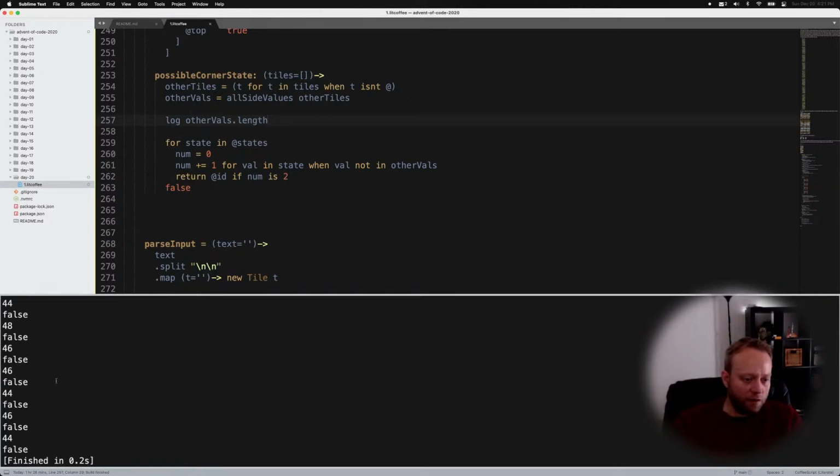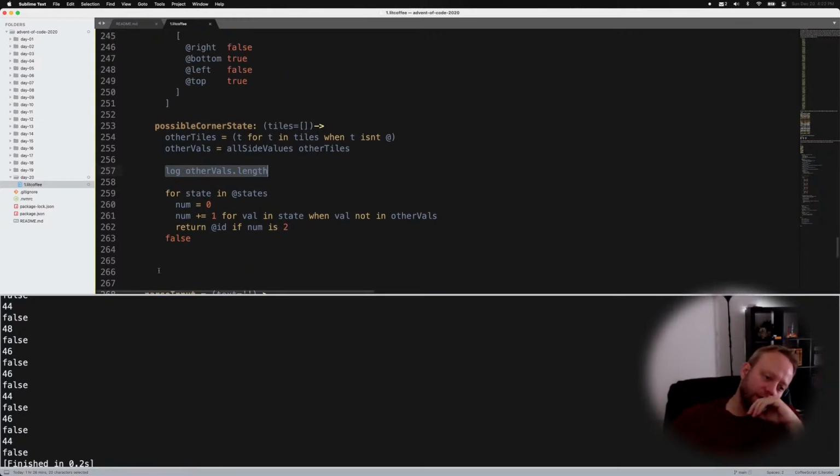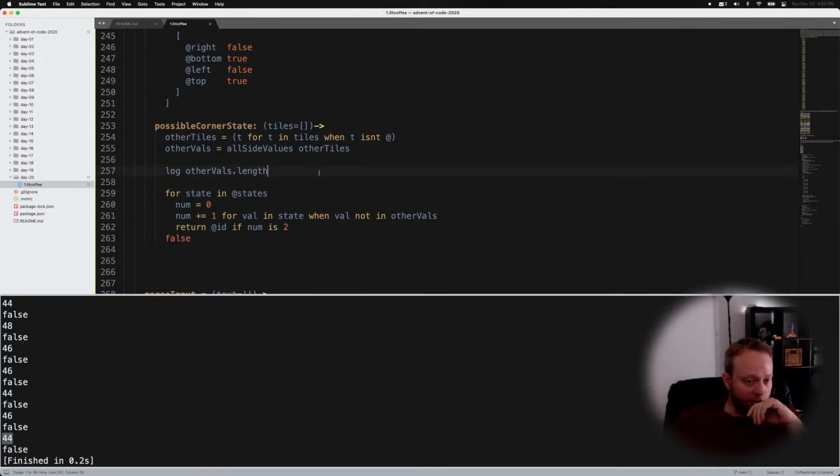Let's find out. Length 48, 44, 46, 44, 48. Yeah, because of the number of them sharing. Oh, that's interesting because there's 44, 44, 44, 44. So that's interesting. So other vowels can be as high as 48 for the middle piece. It'll be 46 for most pieces, and it should be 44 for the corner pieces. So it's funny that that's